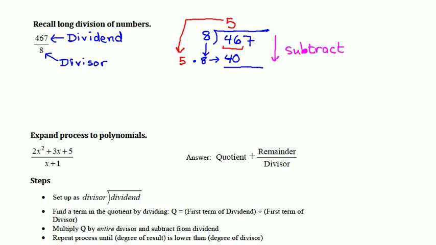The result of this subtraction then is 46 minus 40 gives us 6, and we bring down the 7 to get the number 67. At this point, we start the process over again looking at the smallest number here, which in this case turns out to be the whole thing, 67. We divide that by 8, and 8 times 8 is 64, so that's the closest we're going to get. This 8 then we bring down